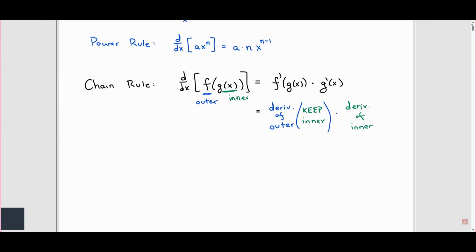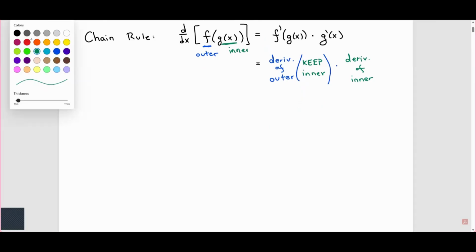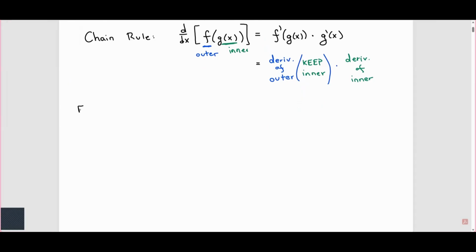Okay, let's just dive right in with an example. I'm going to do quite a few examples to get you used to this. And I'm going to be lazy. I'm not going to say, oh, find the derivative, whatever. I'm just going to write the function down and we're going to find the derivative. So f of x here, the first example, is going to be 5x cubed plus sine x to the 10th